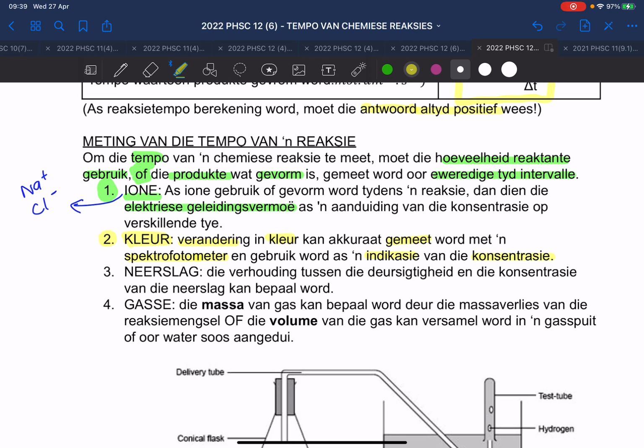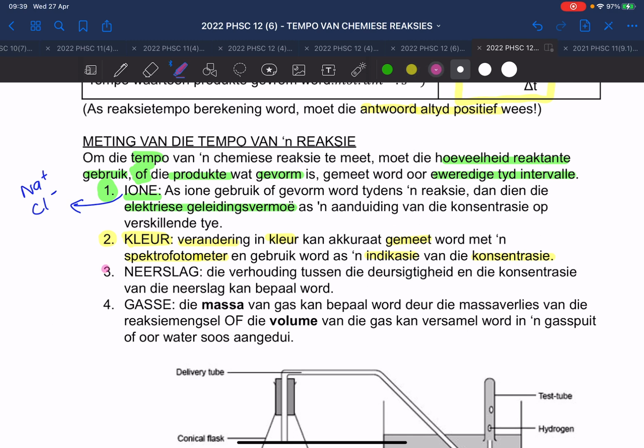Okay, think of concentration like, I don't know how much of you like to bake. Okay, kom ons kan almal cool drink. Everyone has made cool drink in their life with Oros or whatever you use, né? If you have very little Oros in with water, then sit so deurskynend. And then some people do half. Nee, half Oros, half water. Dis so donker. Okay? So the color gives you an indication of the concentration, how concentrated it is. Okay, so daar is die idee daar.